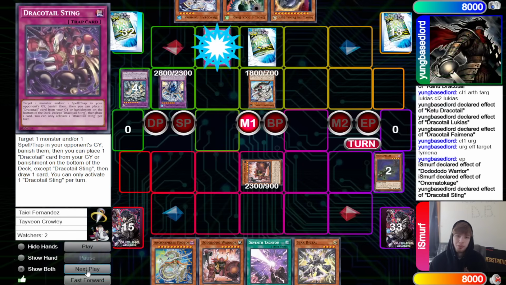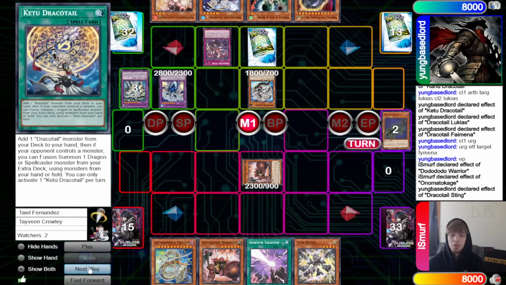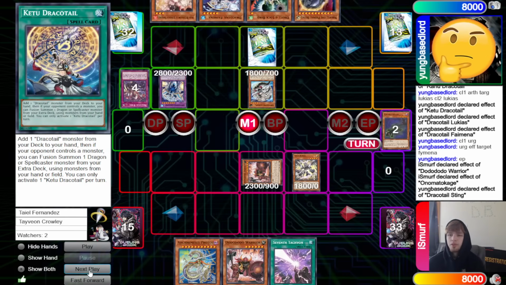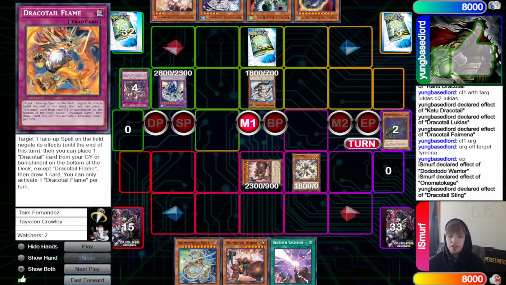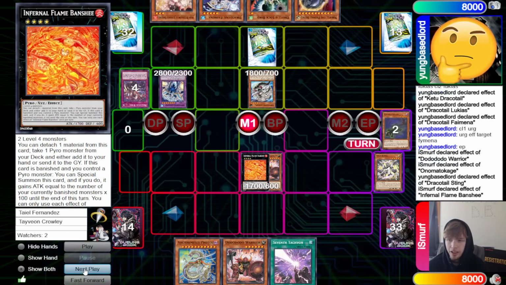Activate the effect of special, but now we have Sting to go ahead, banish both cards in their graveyard, put back, and then draw 1. That draws into a Ash Blossom, okay. Normal summon out Star, and then on summon, yeah, nothing, we're gonna hold it, they make Flame Banshee, and then